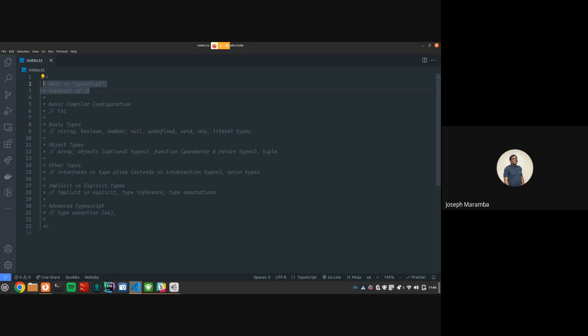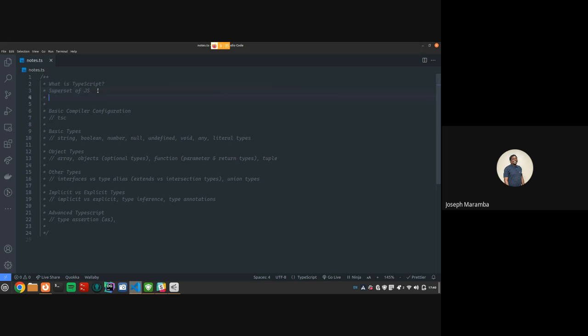What are types? The types of variables. In JavaScript, we don't have types. JavaScript is a dynamically typed language. We have dynamic and static typed languages. In a dynamic language, the types are determined during runtime, after you've deployed your application. Types are checked in runtime,